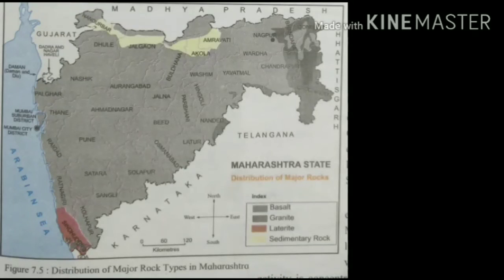Let us have a look at the distribution of these three major types of rocks in Maharashtra with the help of a map. This is the map which shows you the distribution of major types of rocks across Maharashtra. In this map, the distribution of major rocks is shown with the help of an index. So, the grey color shows the basalt rock, the dark grey color shows the granite, the brown color shows you the laterite,